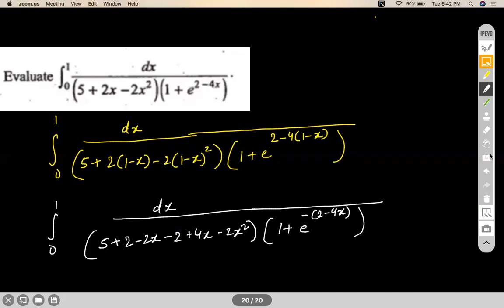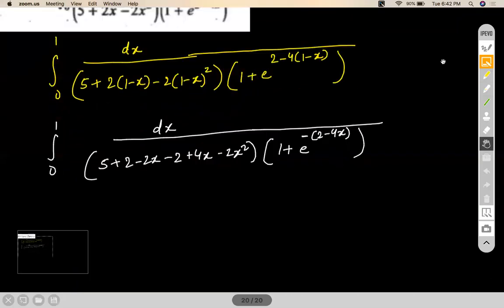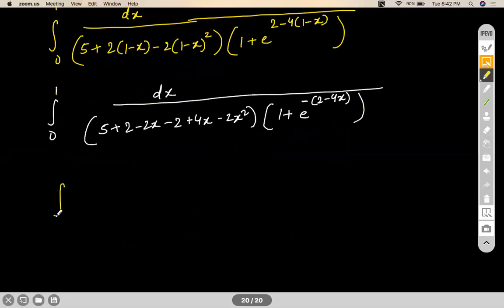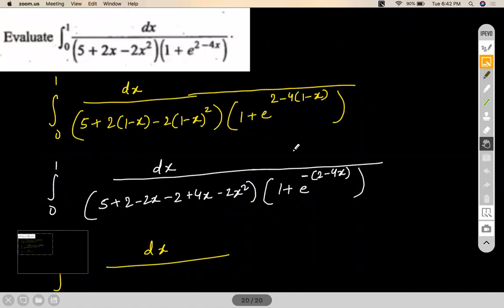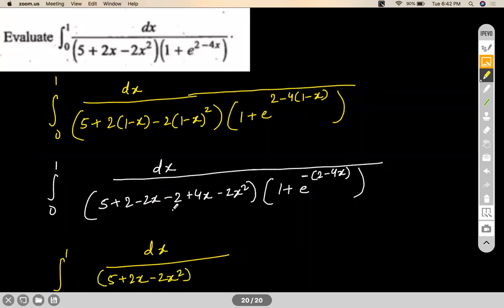Okay. Now, the good thing is, if you simplify this, you'll exactly get the same quadratic back. Check it out. See, 2 and 2 gets cancelled. 4x plus 2x will give you a 2x. Minus 2x square and 5. Nothing will change. But here you'll have, correct me if I'm wrong, 1 plus e to the power 2 minus 4x, and divided by that, that will go and jump on the numerator. Correct, no?